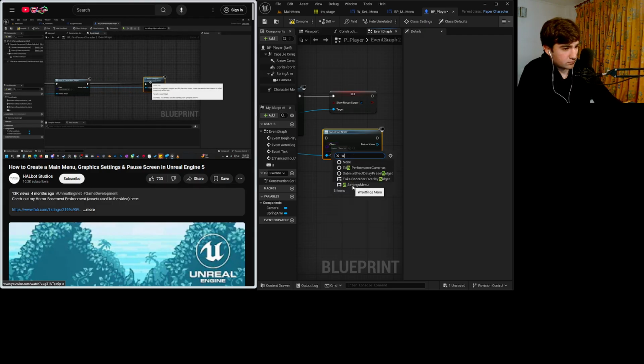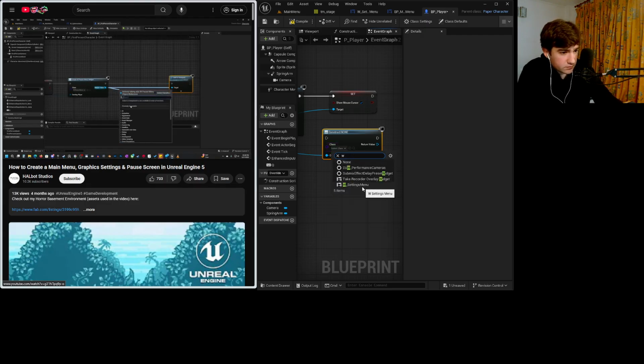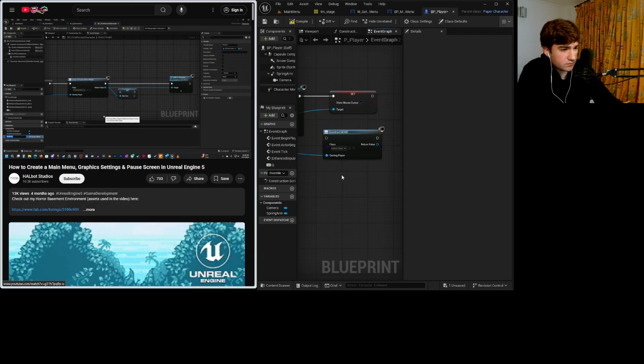Okay, and I don't know if we'll need this. I'm going to also promote this to a variable, just in case we need the variable to the pause menu. So that's going to be